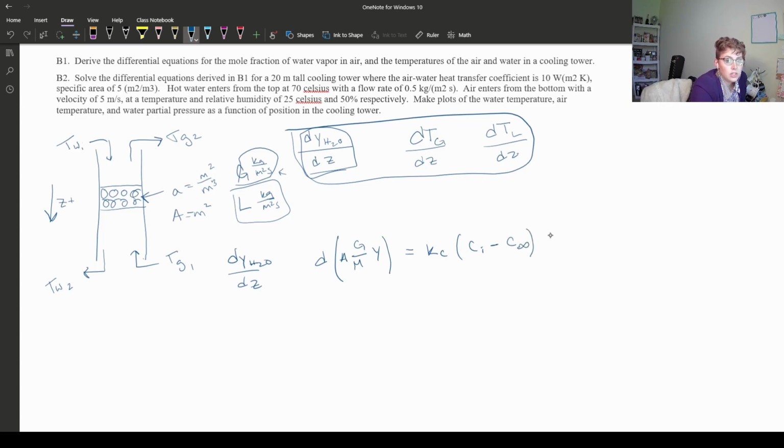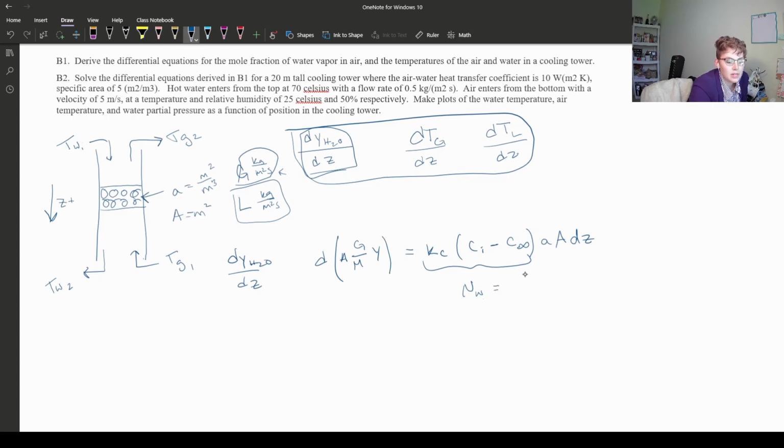And then we also need to include our specific area and our cross-sectional area to show that these will be changing over the course of our position as the gas rises up through the cooling tower. So we need to make sure that this term is actually equal to the molar flux of the water vapor,